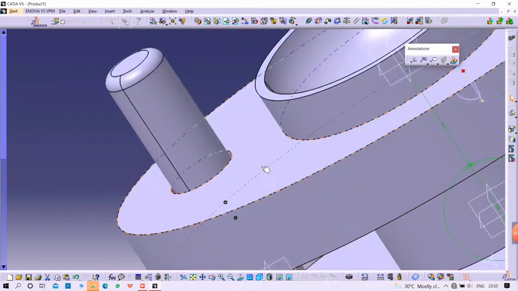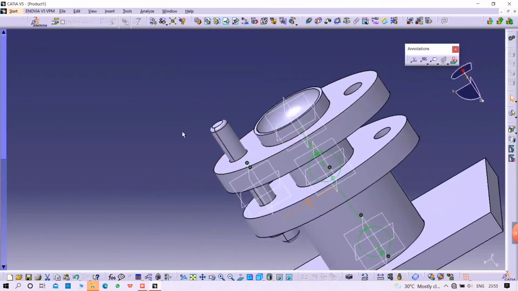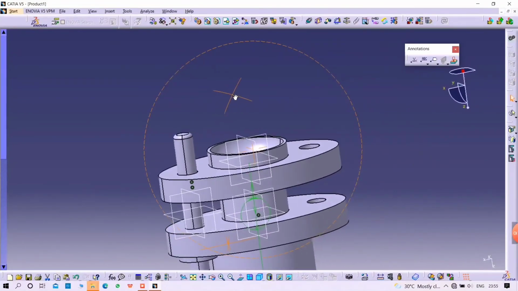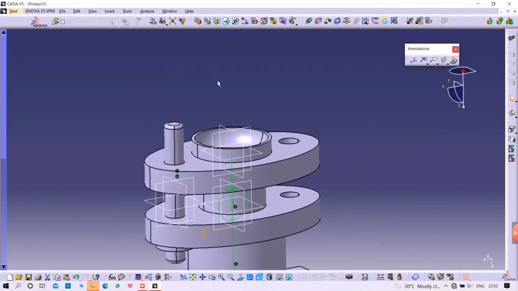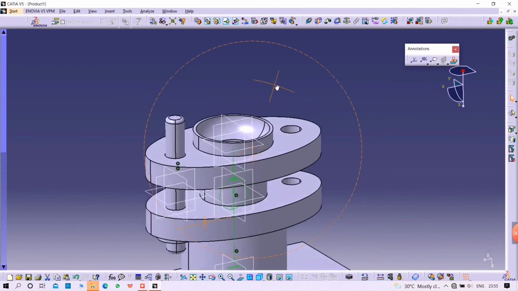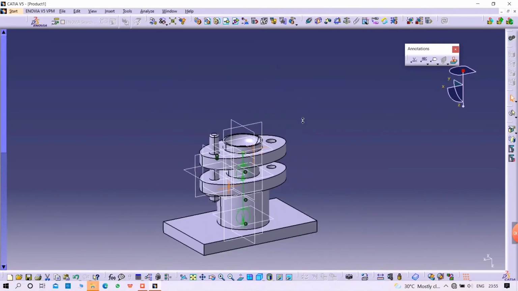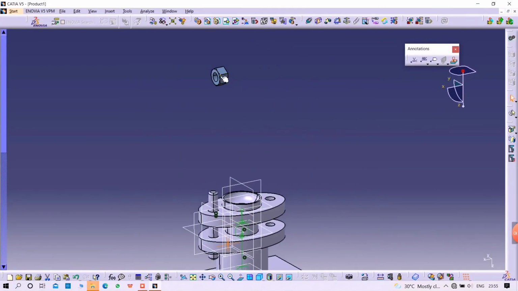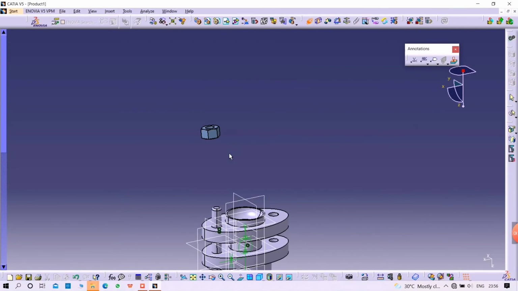And after that, presently we have constrained 2 degrees of freedom. Now we have to constrain the 3rd degree of freedom by angle constraining. After completion of angle constraining of the stud, now click on coincidence constraining and constrain with stud mid axis and with nut axis.